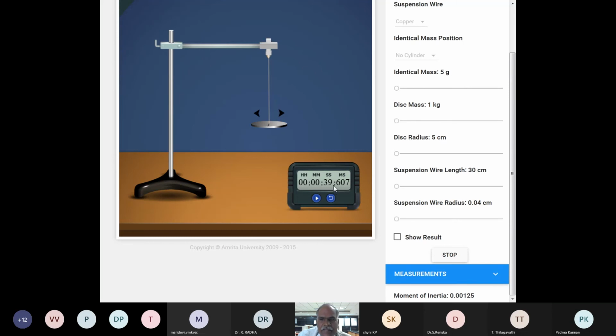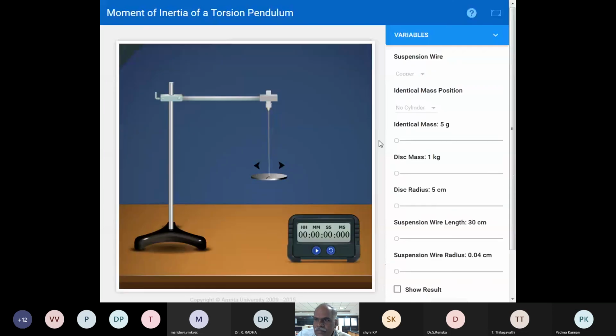So we have to enter the 39 seconds in the tabular column. So this is trial 1. So we have to repeat the same procedure for trial 2. So we reset the clock. Then again, we repeat the experiment. So now trial 1 and trial 2 we have taken. Then we have to